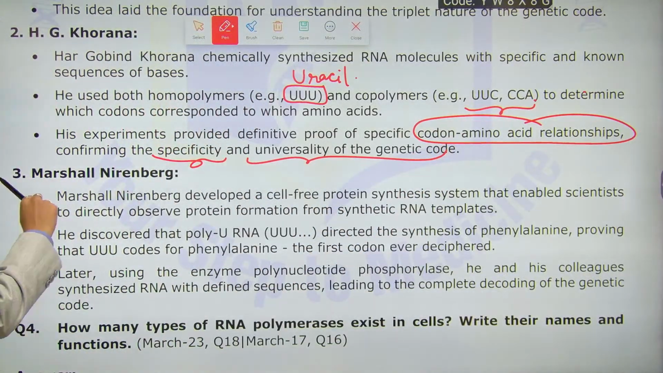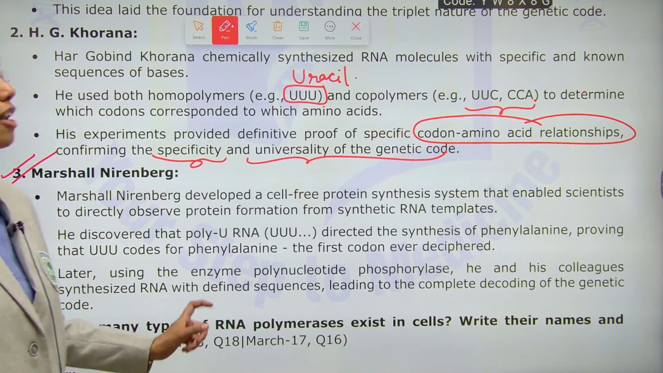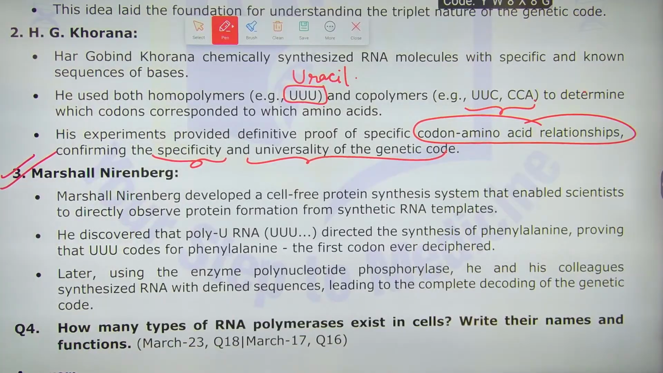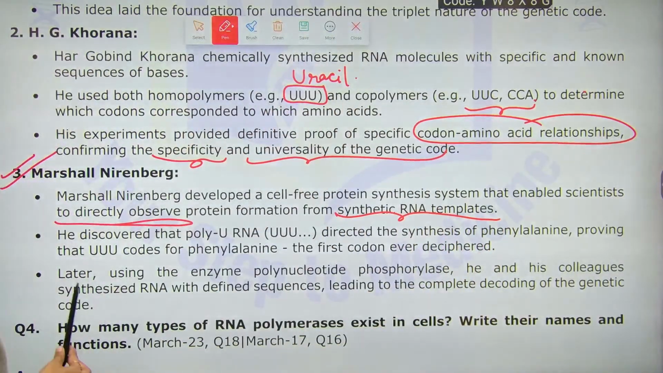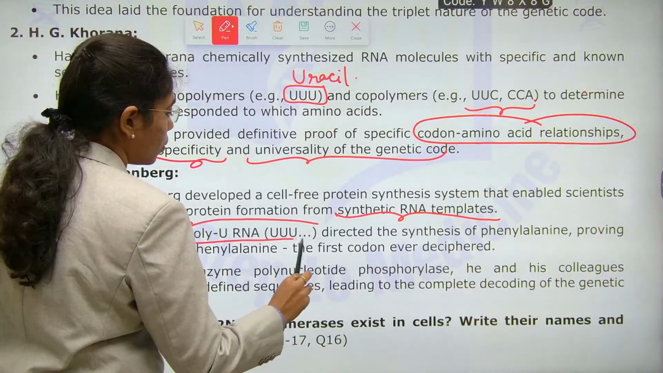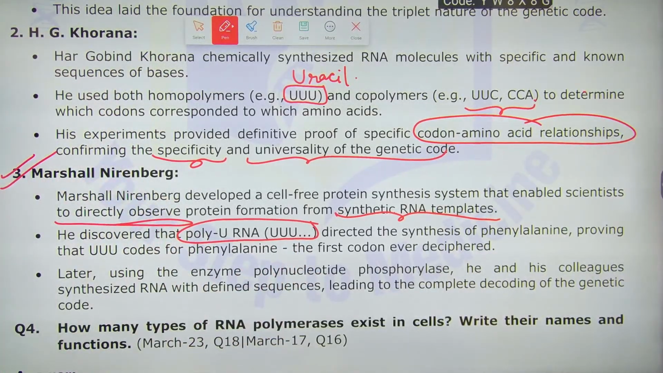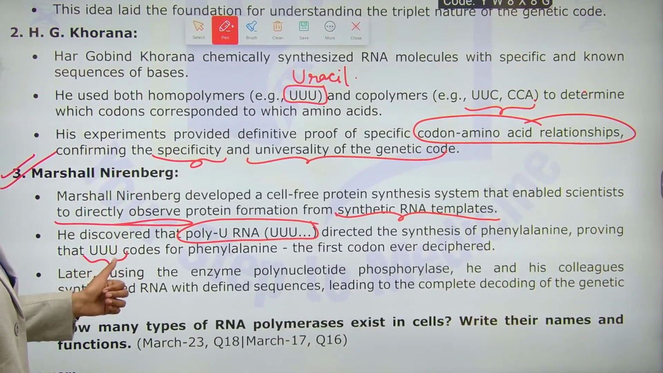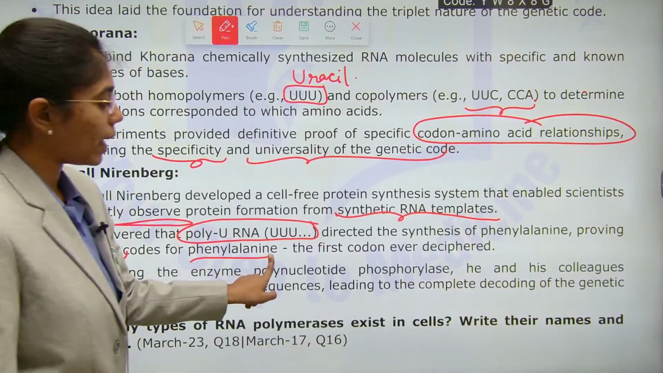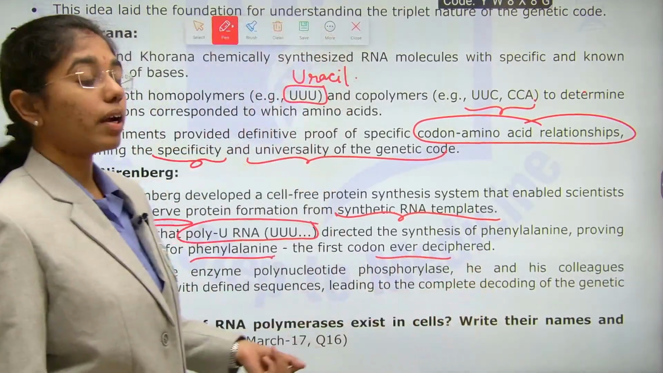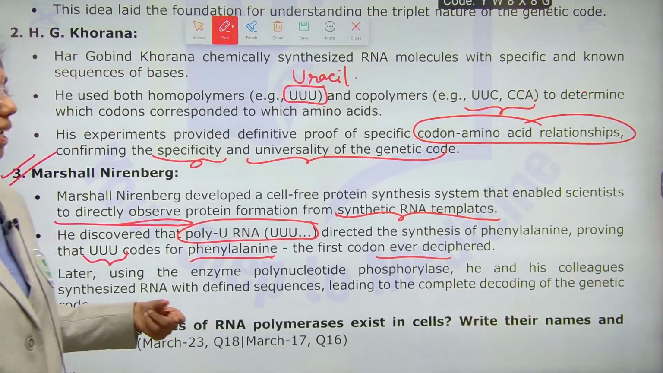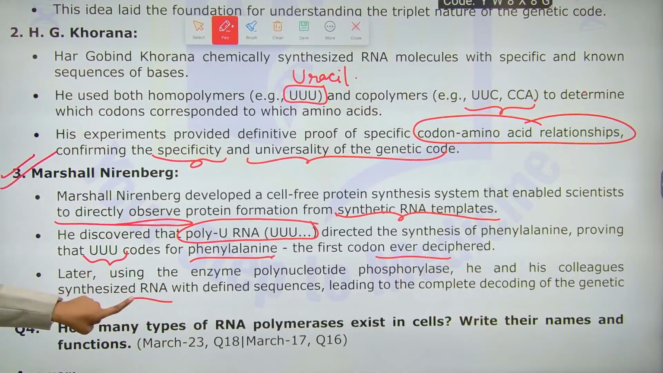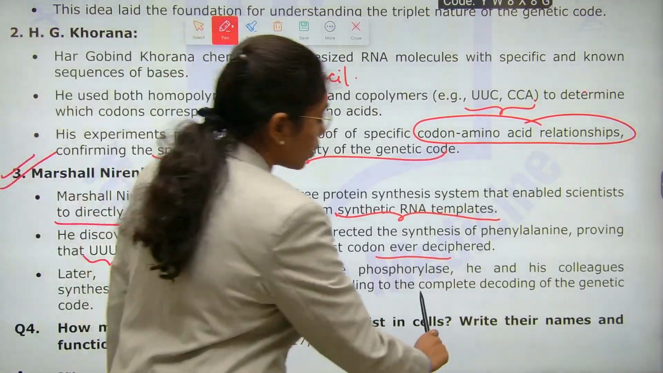Next is Marshall Nirenberg. Marshall Nirenberg developed a cell-free protein system that enabled him to observe protein formation on synthetic RNA templates. And then he discovered polyU RNA directed the synthesis of phenylalanine, which proves that UUU codes for phenylalanine, the first codon ever deciphered. Next, using the enzyme polynucleotide phosphorylase, he and his colleagues synthesized RNA with defined sequences, leading to complete decoding